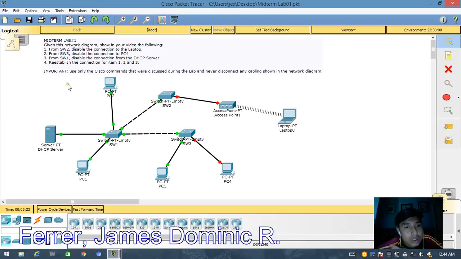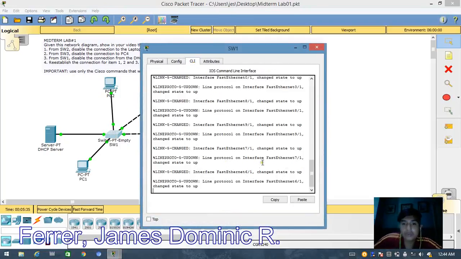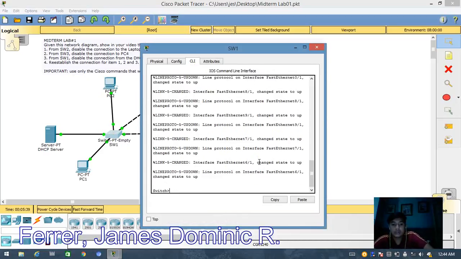Question number 3. From switch 1, disable the connection from the DHCP server. Click switch 1, click command line interface, and then enter.